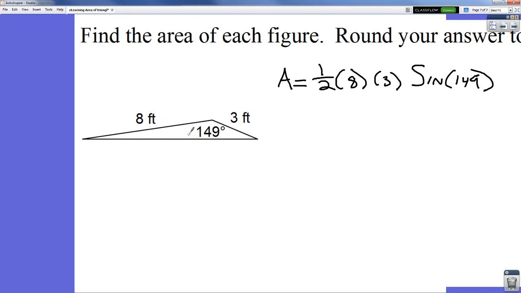Okay, so one thing to be aware of is for these, I'm always going to give you A, B, and X directly. Just be aware of that. For these, you shouldn't have to find any of them specifically. Maybe they'll give you the other two angles and you go, oh, 180 minus those two gives you what you need. But I wouldn't be too worried about it. They should all be fine. But then again, go on and do this. Same thing. 1/2 times 8 times 3 times the sine of 149. Close your parentheses, and you get